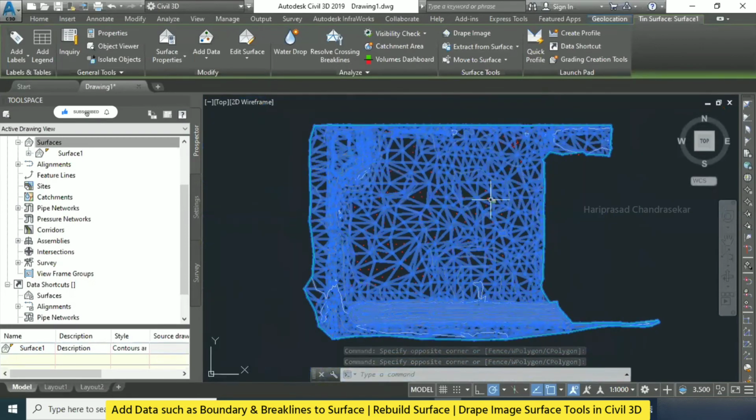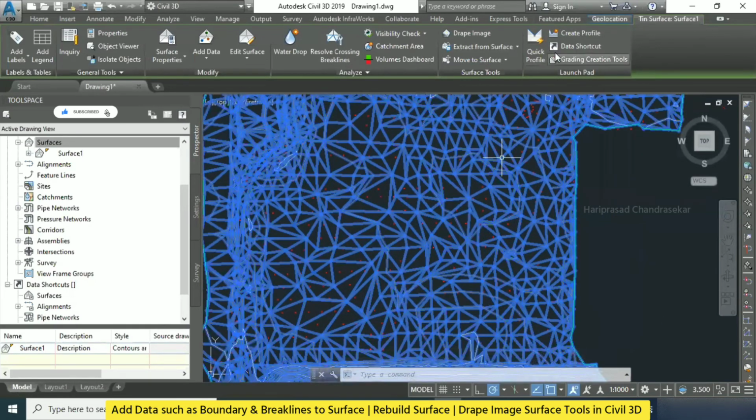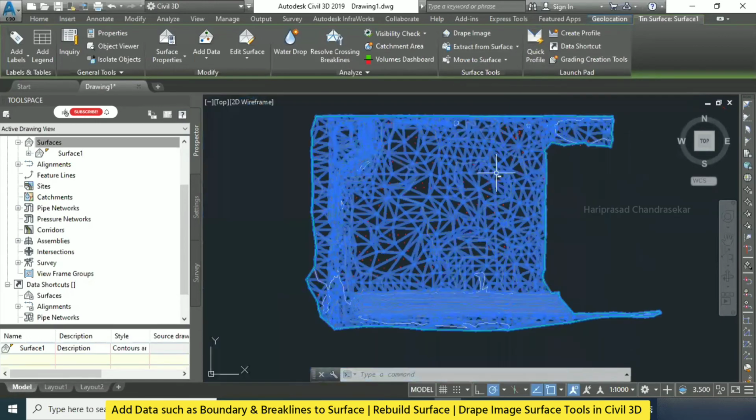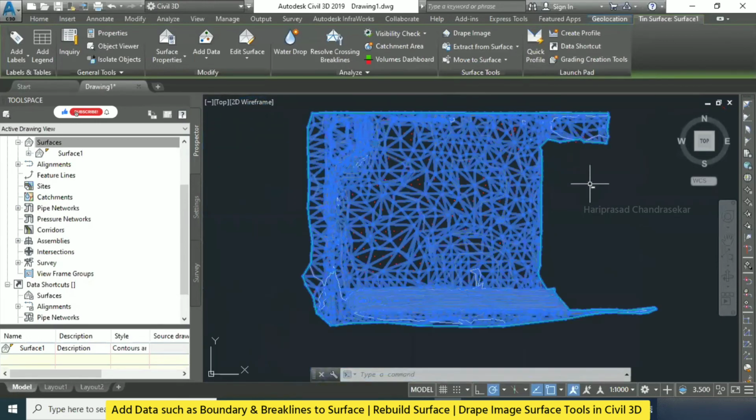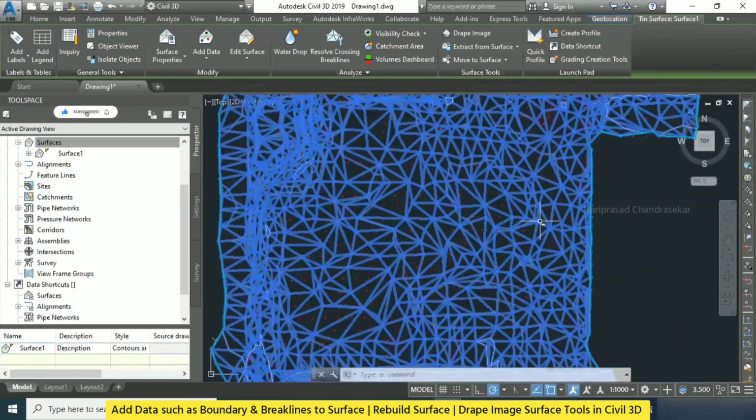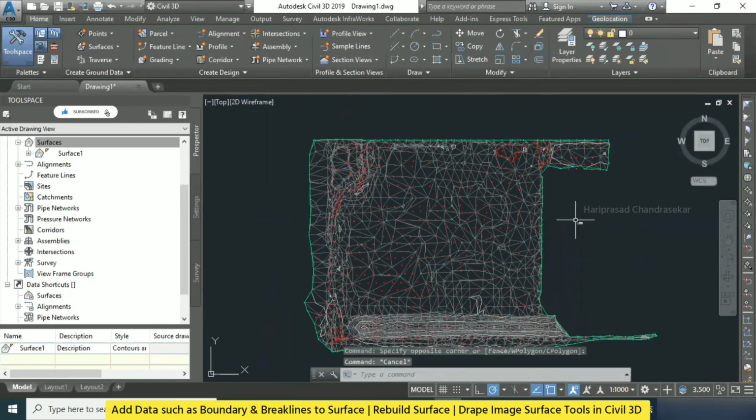And based on the surface only, we will go for profiles, and then on that we will create some corridors and embankments and everything. These things we will continue in the upcoming sessions. Okay. Now you got an idea, about points and also surface, how to create and how to edit all those things. I think the surface analysis topic we can start fresh tomorrow.